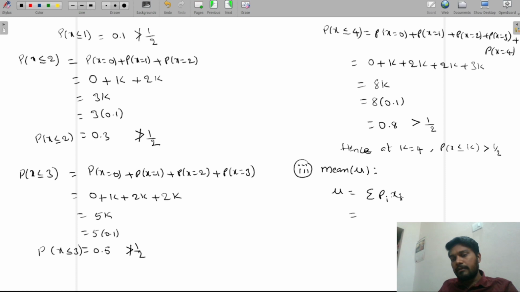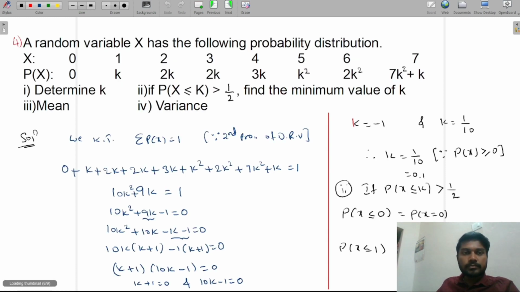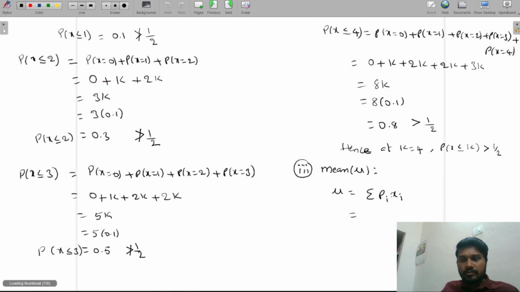Probabilities and random variables both will be multiplied. Okay, now see here, random variable x is 0 with probability 0, so it is nothing but 0 into 0, plus, because of summation,